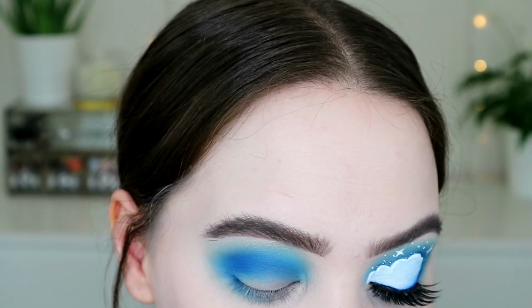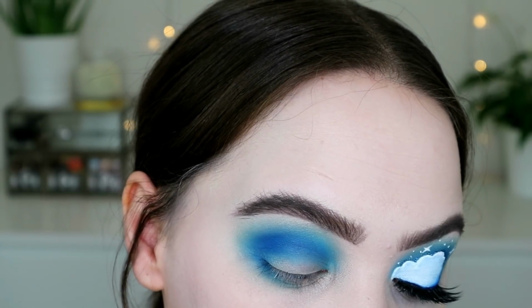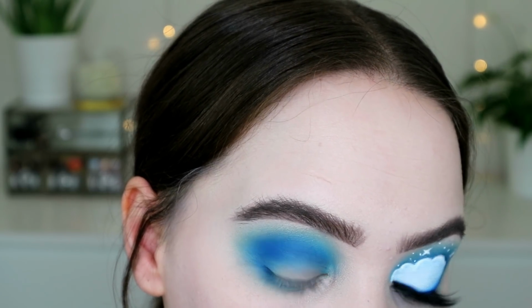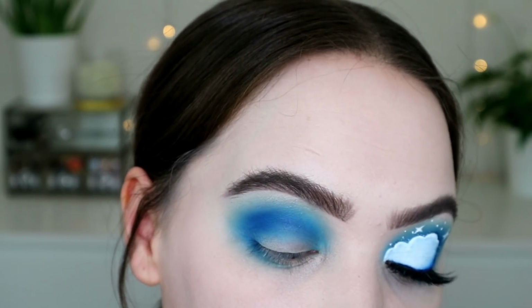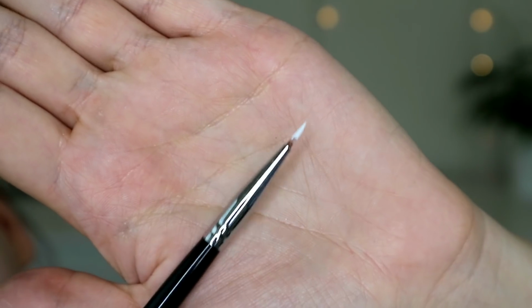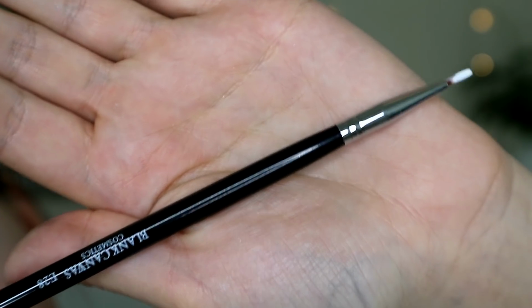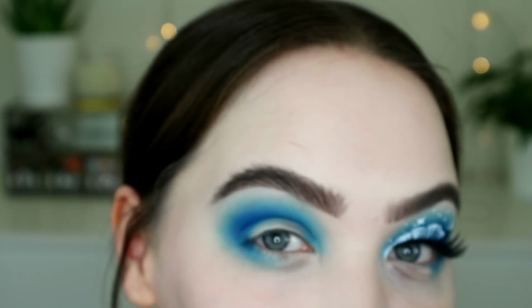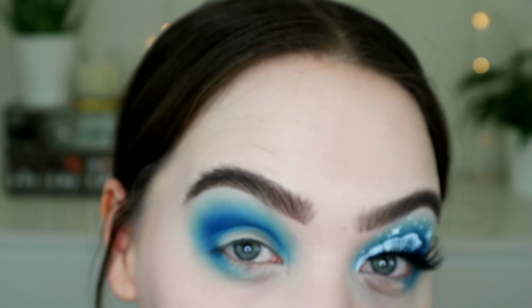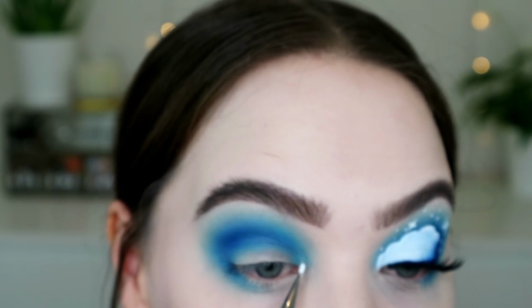And I'm going to use a Blank Canvas Cosmetics E28 brush. This is a pointed eyeliner brush, and this is the first brush I use to get my shape. Just like I said, a little eyeliner brush by Blank Canvas. Okay, I need to match this to my other eye or this whole look's gonna look pretty bad. So I just start